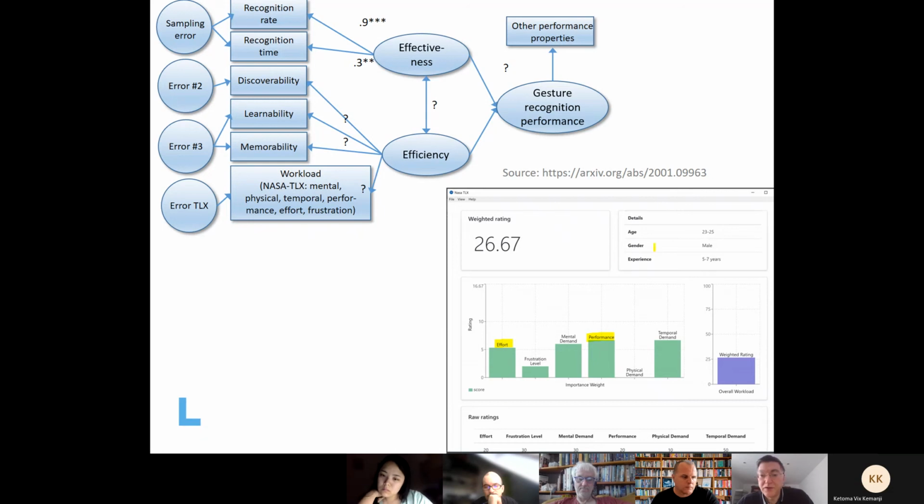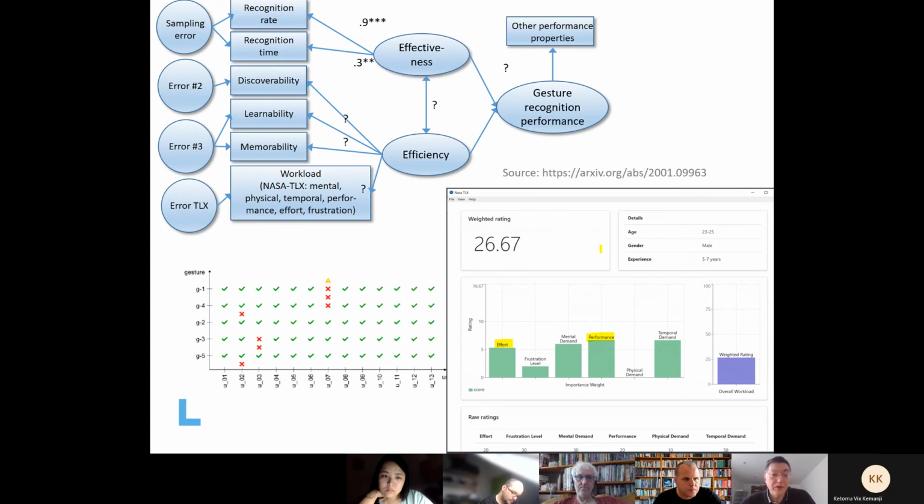So I like this version very much because we can weight those different scales. There are very different ways to measure efficiency. On the one hand, NASA TLX is very sophisticated, so it's demanding for the end user, the participant. But on the other extreme here,